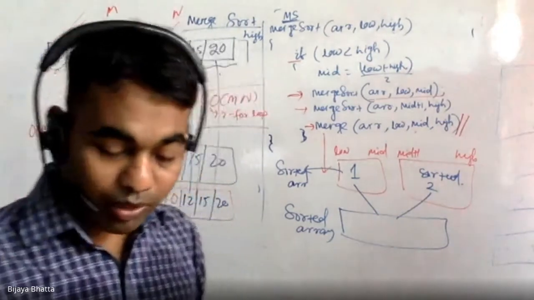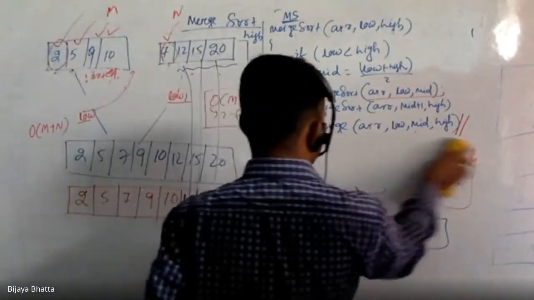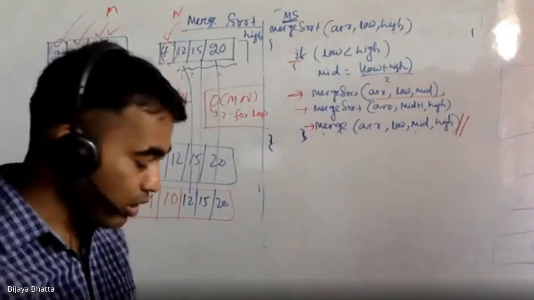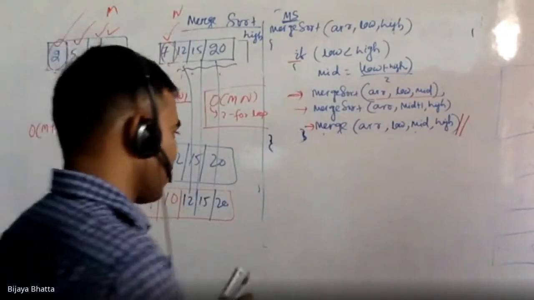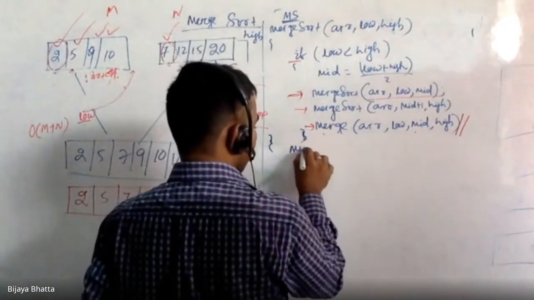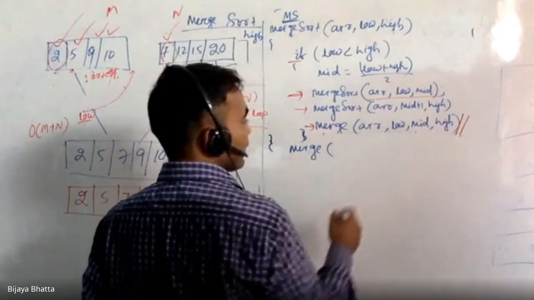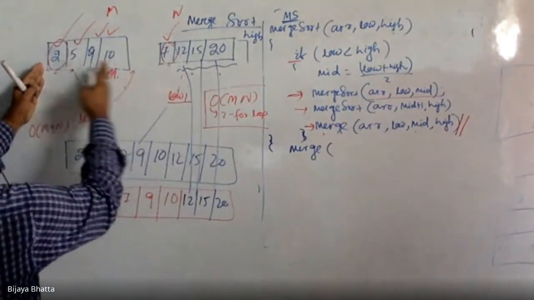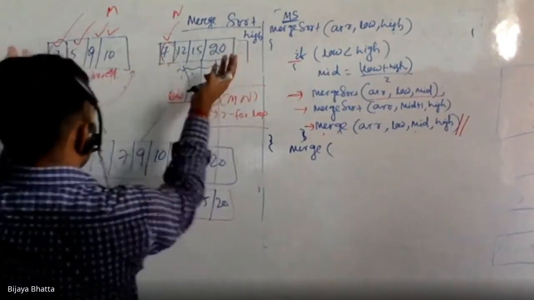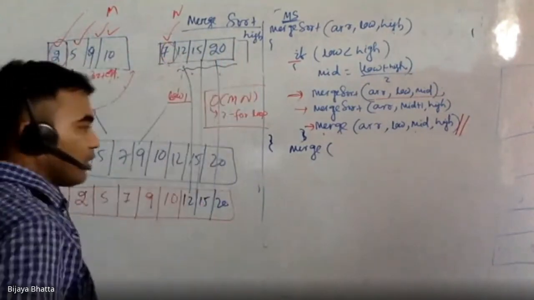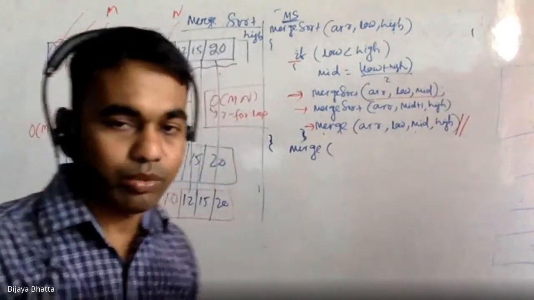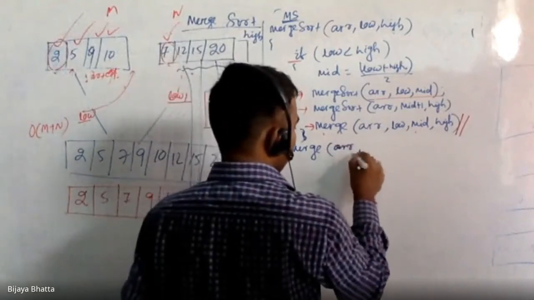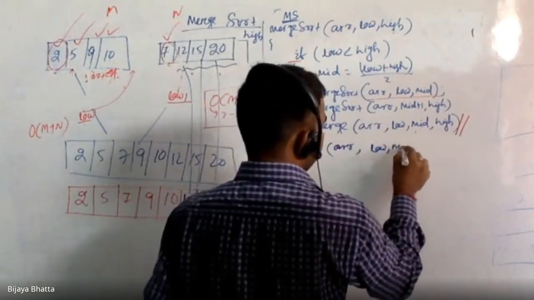Okay, so let's do one thing. Let's write down the algorithm of merge, right? So this is how it works, but how will the algorithm look? Like we had written already. So merge: how many arguments is it taking? It is taking 4 arguments, because it is taking virtually 2 arrays. Like I told, this is low to mid, mid plus 1 to high. That means virtually it is taking 2 arrays, joining them and creating a new sorted array. So it is taking 4 things: arr, low, mid, and high, right?